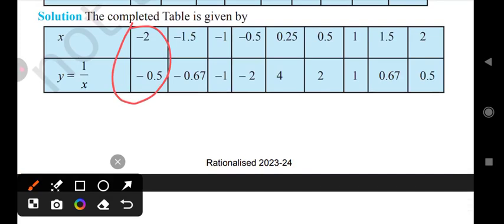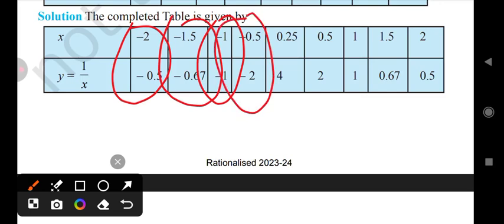The complete table is given by: x = -2, y = 1/x = -0.5; x = -1.5, y = 1/x = -0.67; x = -1, y = -1; x = -0.5, y = 1/x = -2;